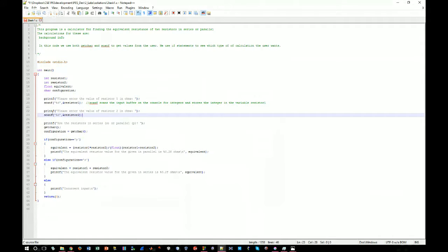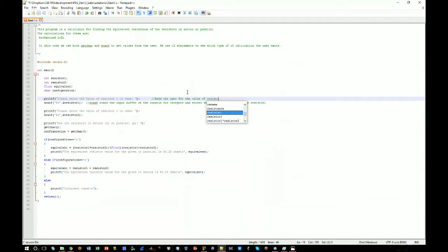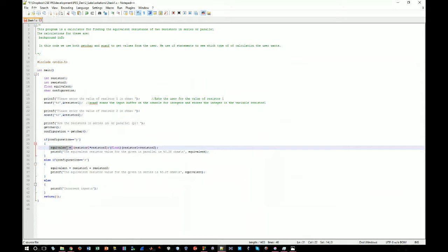Now, you should also explain bits like this. So for a coder, if you've already done printf, you don't need to explain what printf is, but you might write a short comment like, asks the user for the value of resistor 1. So just something short. You don't need to explain printf though, because we know what it is. However, here, we don't know what you're doing here. So you could write something like